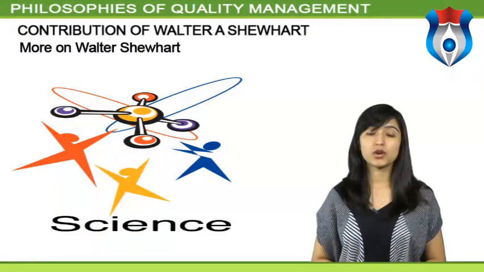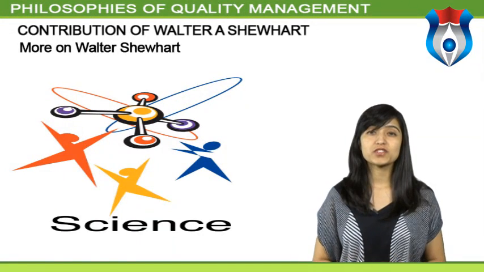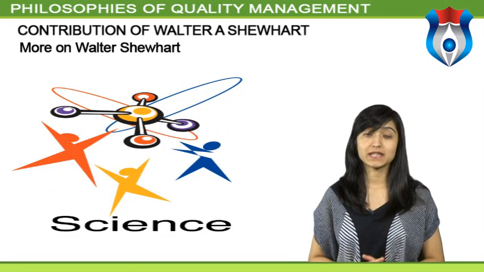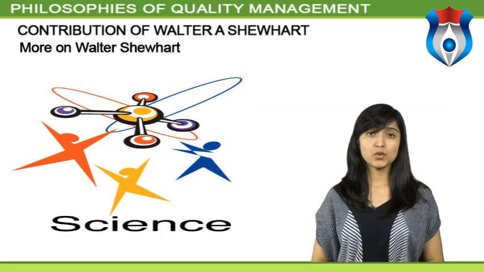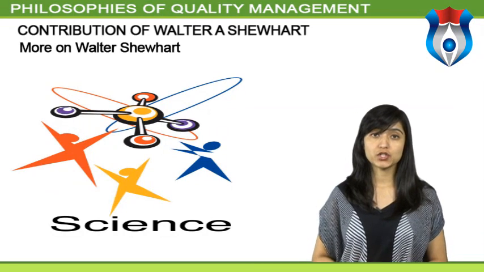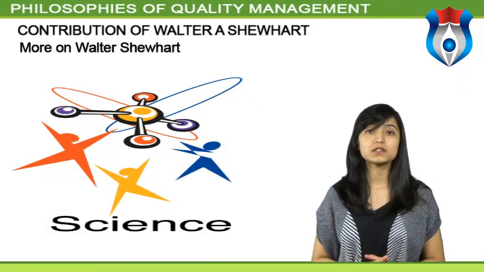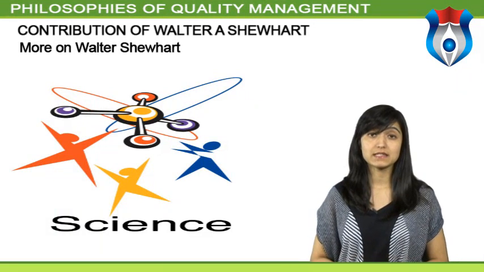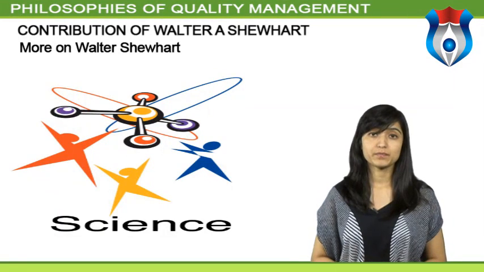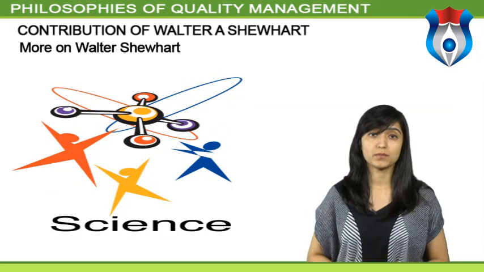More on Walter Shewhart. It was the inspection engineering department of the Western Electric Company at Hawthorne that Shewhart joined in 1918. He worked there on statistical tools to examine when a corrective action must be applied to a process. His writings were on statistical control of industrial processes and applications to measurement processes in science. The control chart techniques which he developed have been widely adopted.